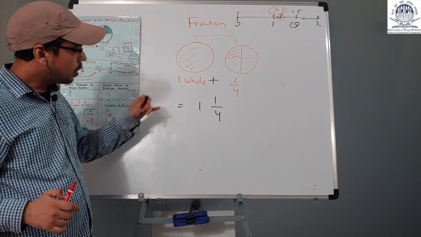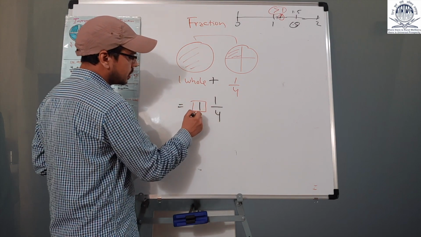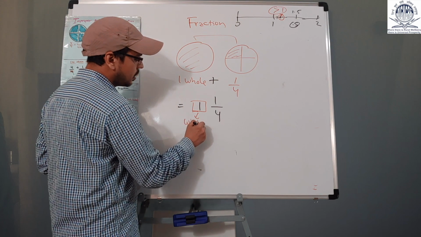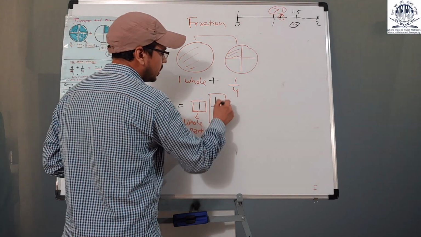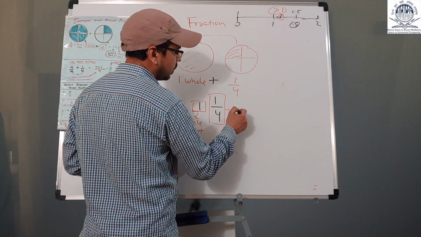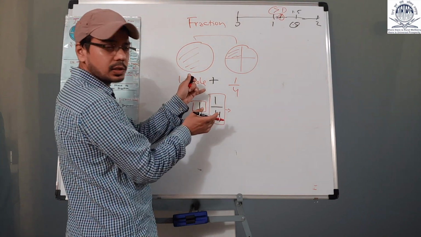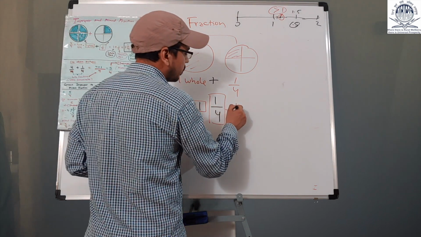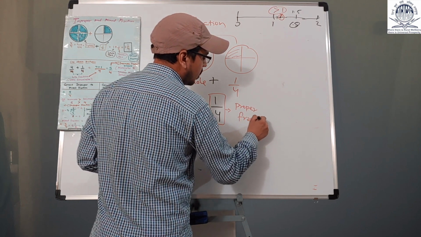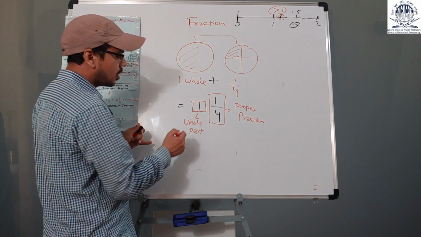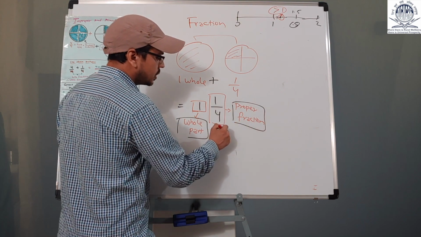Essentially, I will get something like 1 and 1/4. Now, what is 1 and 1/4? The 1 on the left hand side represents the whole part, and the right hand side 1/4 represents my fraction part. Now, what kind of fraction is it? You can call it a simple fraction, or as you can see, it's a proper fraction. A combination of a whole part and a proper fraction leads to something called